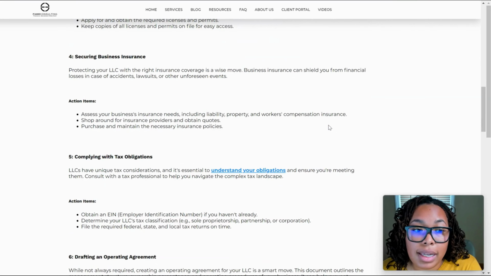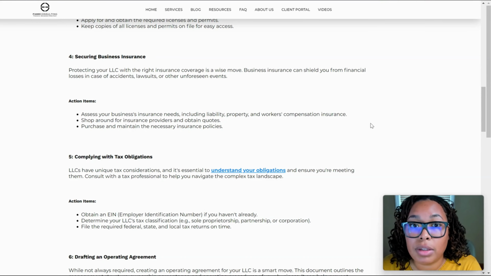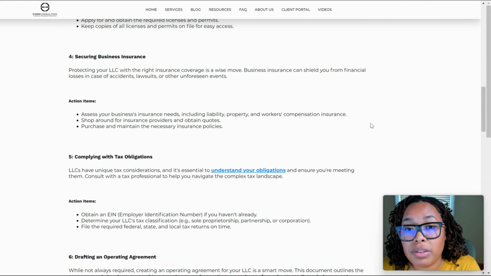The next thing is securing business insurance. So you'll want to reach out to a commercial insurance broker. Hiscox is another online-based insurance company. I've used it in the past, but again, you don't have to use what I use. You may have a relationship with another insurance agent, but make sure you have the right coverage and really sit with them to talk about what types of contracts and services you'll offer and making sure that you have all